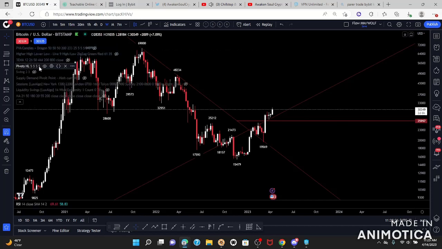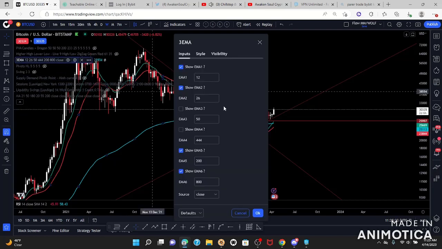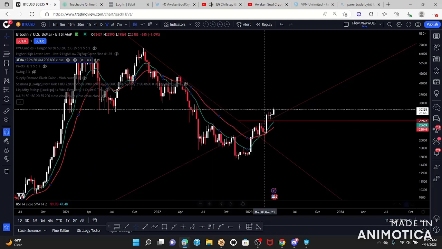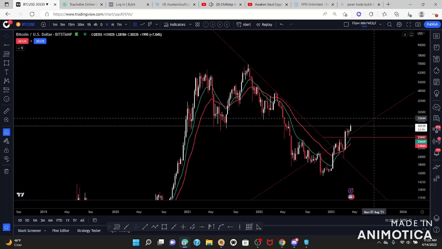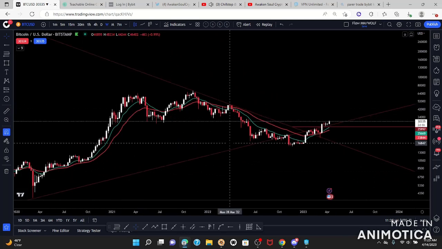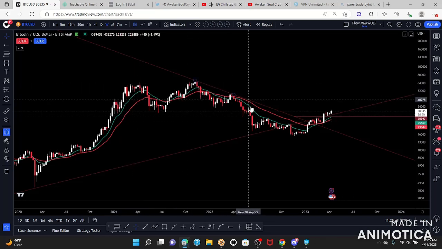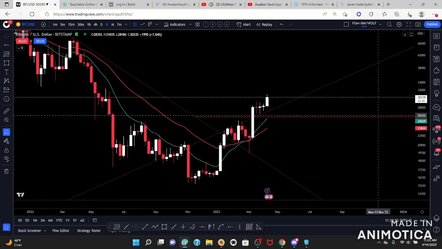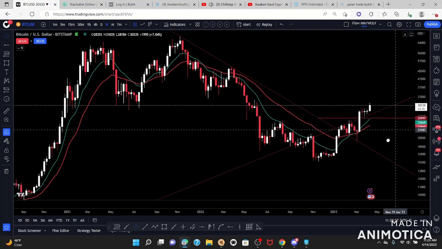Turn on your 12 and 26 EMAs. Just look at it. That's all you have to do. Those are my EMAs if you want to copy them. But 12 and 26, and it's just showing us the trend, right? Looking at price action. What is price action? The wicks. Okay, just stare at them. Price action is above the 12 and 26, we're in an uptrend. Price action is below the 12 and 26, we're in a downtrend. So on the weekly time frame, technically we're in an uptrend because price action's above the 12 and 26